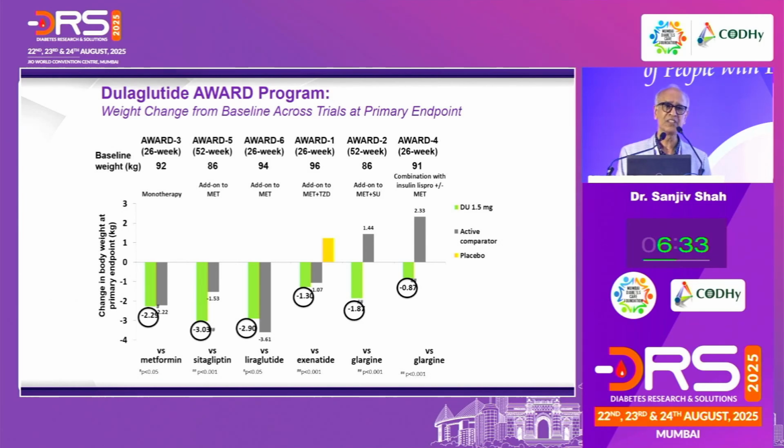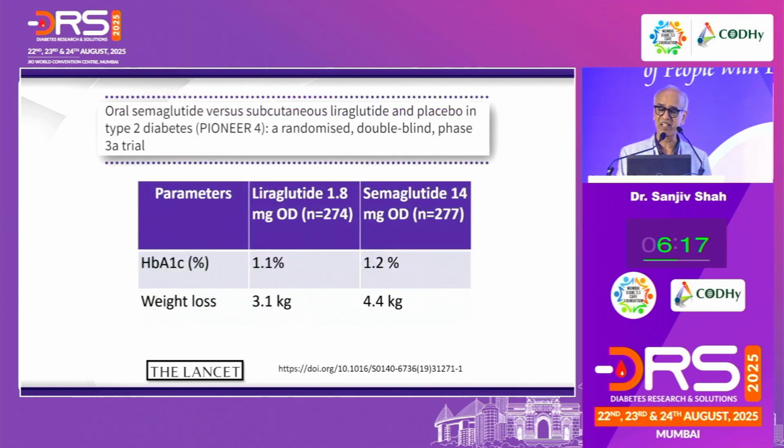Diabetics in general lose much less weight than overweight people. And at an Indian normal or lean weight, I would say somewhere around 60, 70 or 75 kg, they would still lose less weight than this. Select patients may lose more weight. You will have to be careful in those people. Let's examine semaglutide at the highest oral dose. Oral semaglutide is different from injectable semaglutide, and here you have a similar A1C reduction of 1.1 with 3 or 4 kg weight loss. Again, this is relatively recent, the pioneer program of oral semaglutide.